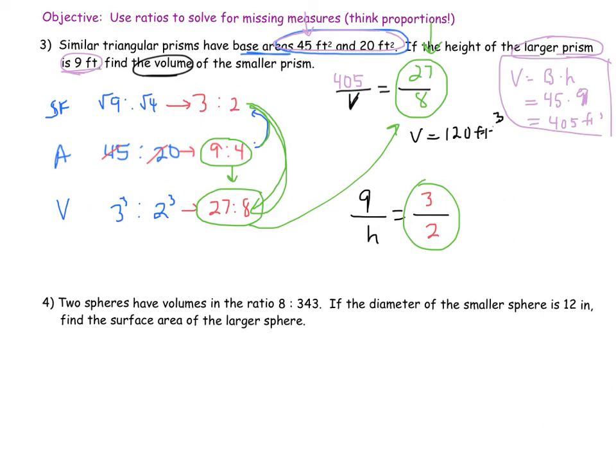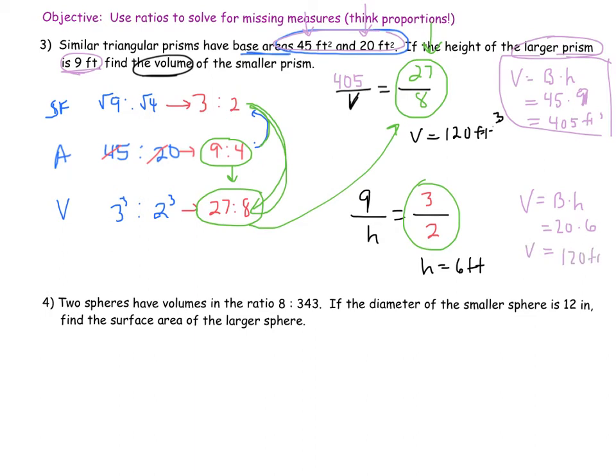We're solving a totally different proportion. We're solving for height this time. Cross multiply, 3h equals 18. The height is going to come out to 6 feet. Now, how do I use that to answer the question? The question asks, what's the volume of the smaller prism? Volume of the smaller prism is base area times height. Base area of the smaller prism is 20 square feet. That was in the problem. 20 times my height of 6 is going to give me a volume of